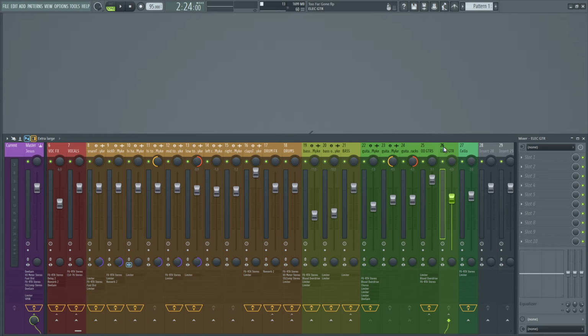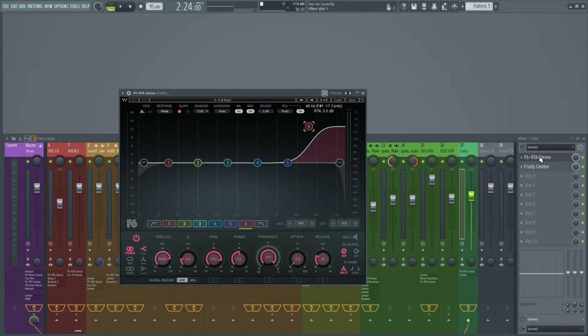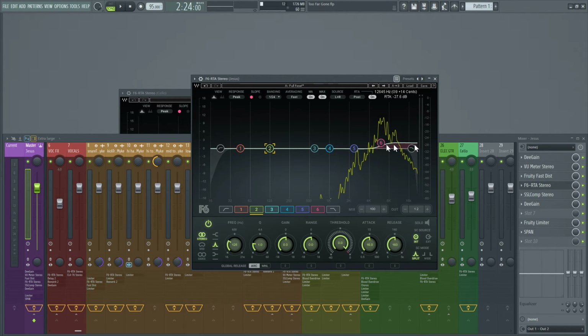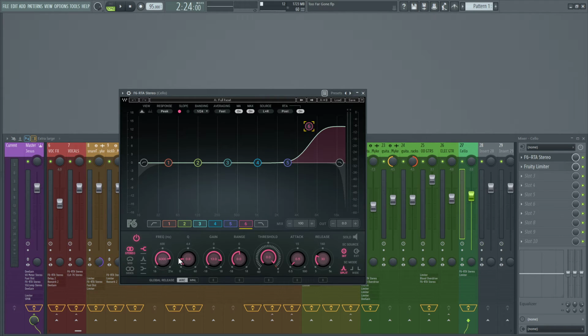Now I haven't put any plugins on the electric guitar, so we're going to go to our strings. We still have the same 6K. Remember, I've talked about this 6K boost right here. That also affects the cello since it's on the master bus. But we've gone further and boosted it by 13 decibels with a Q factor of 0.8. This boost at 6K is to make sure that